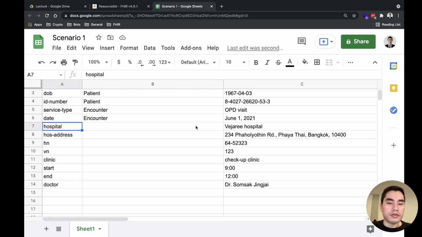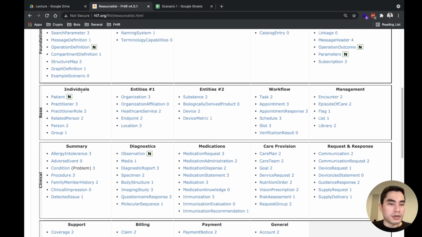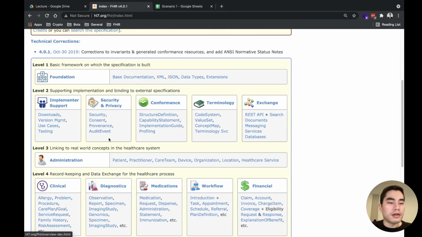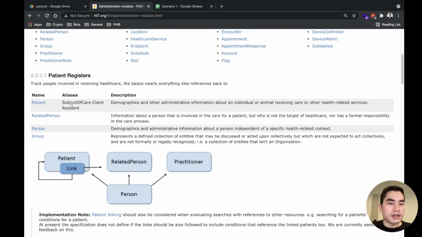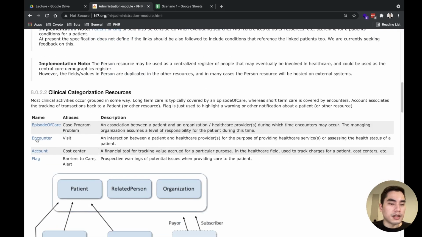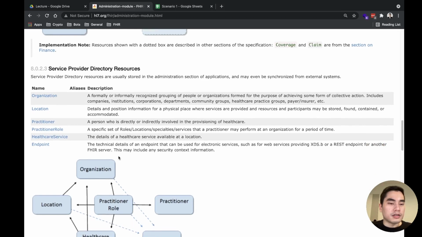And now is the information about the hospital. So it has to be somewhere around here. And this one is individual. Maybe we go back to this one, administration. And we go to here. This one is patient. This one is clinical. This one is service provider. So we see Organization, Location, Practitioner.